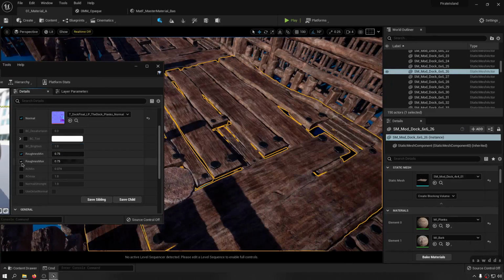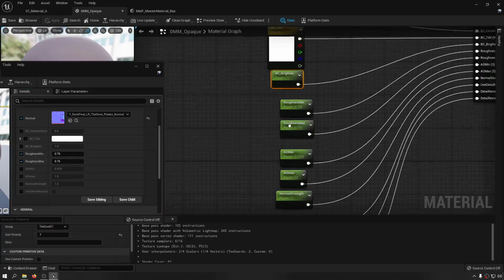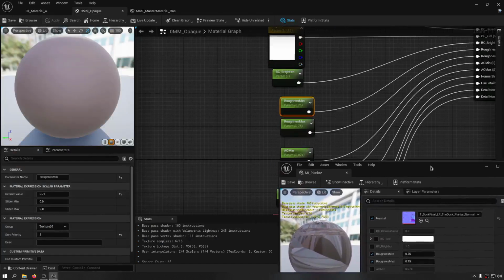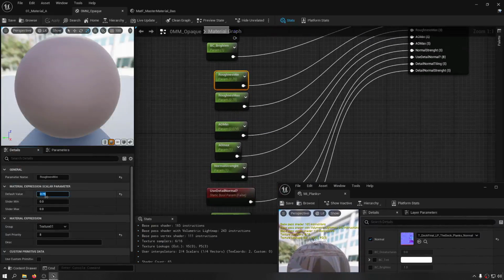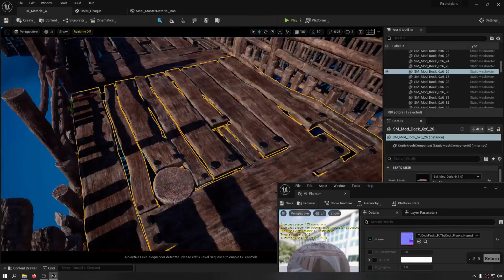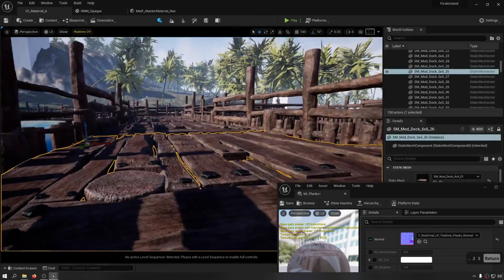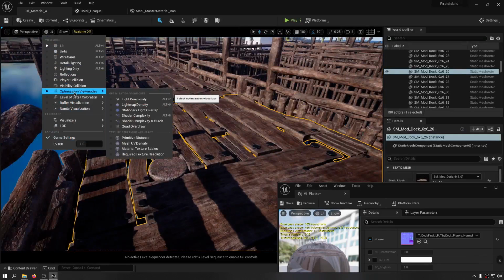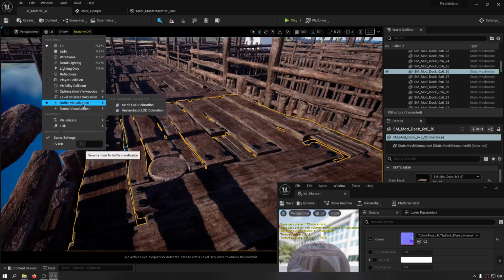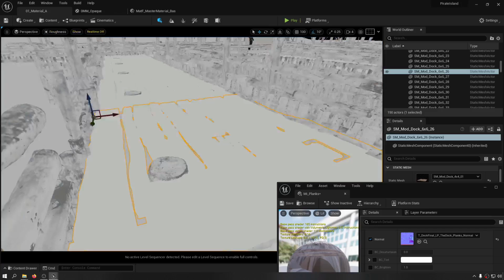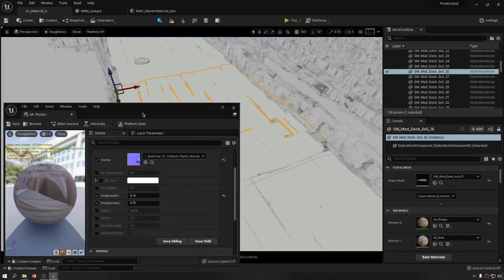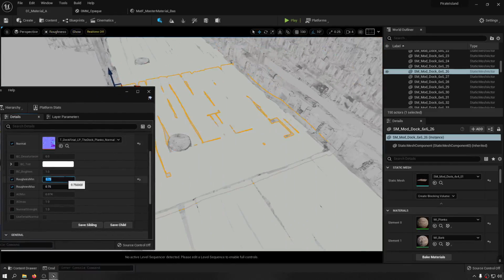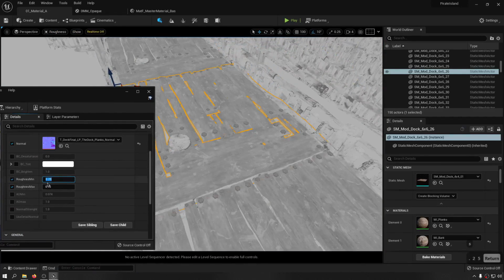So roughness, min and max, both of them are using 0.75, which is wrong. I need to put this one to 0.72, and it's alright. Let's go to buffer visualization mode, and from here we're gonna find the roughness. So this is the roughness that we are getting, and let's put this one to 0.25,